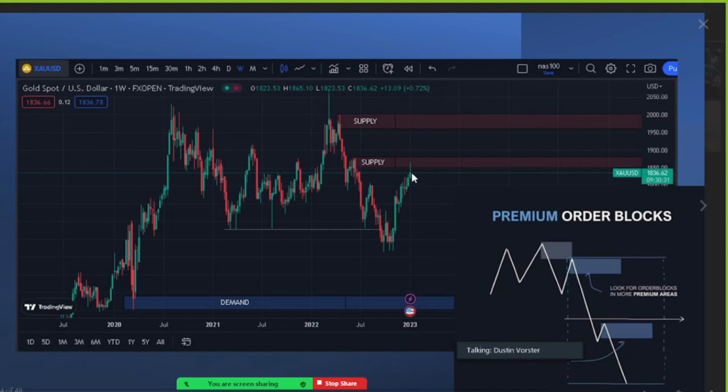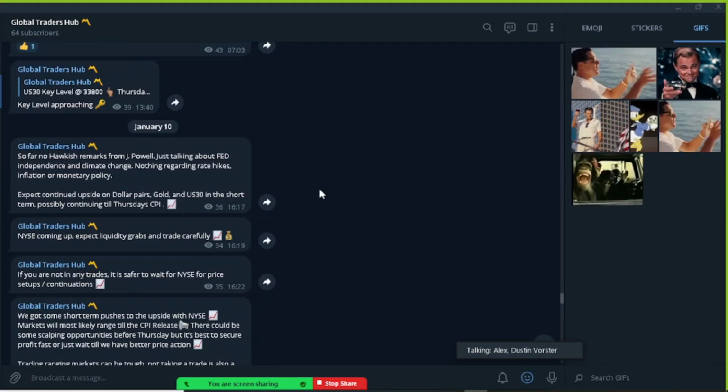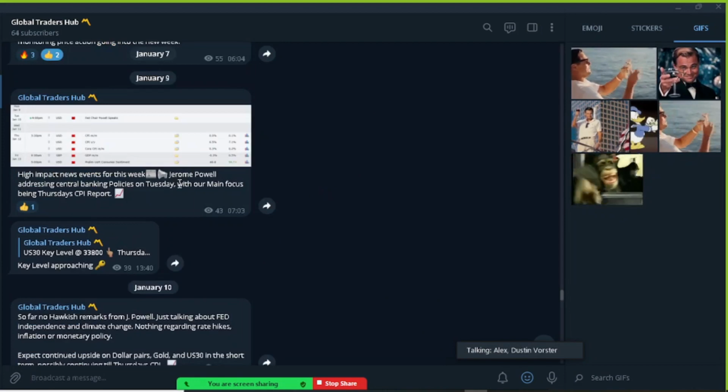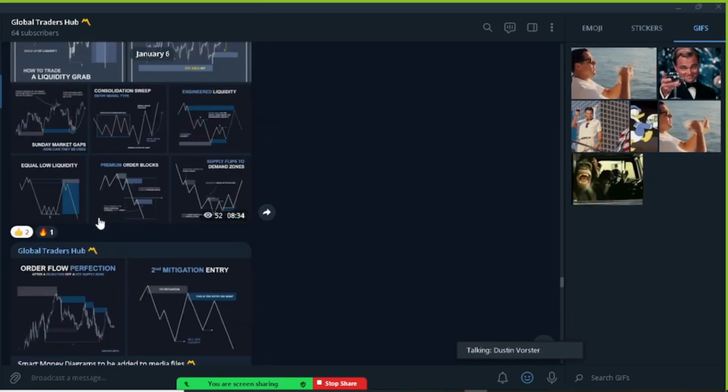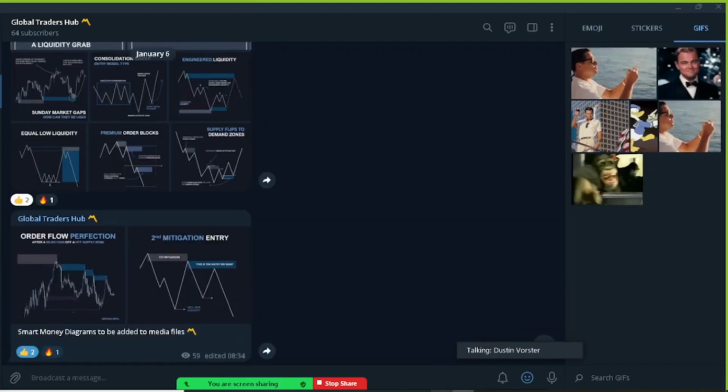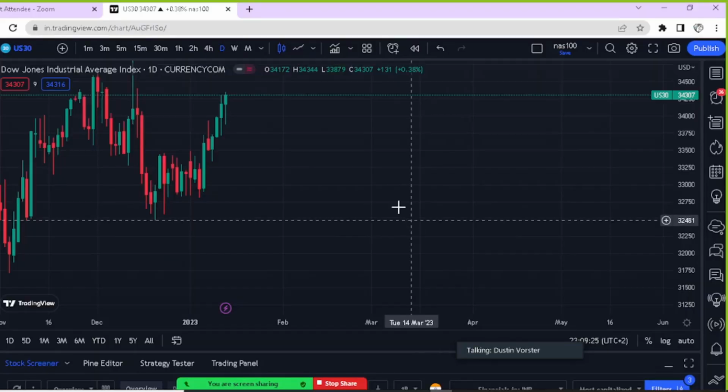Price actually ended up going through this supply area. So there was a chance, it was a risky zone, just like this picture. So I'm quickly doing a bit of an update. Yeah, that's gold. Key level 33,800. So we remember we were looking for 33,800. 33,800 was